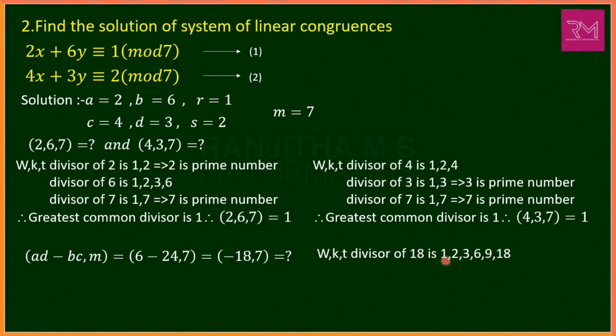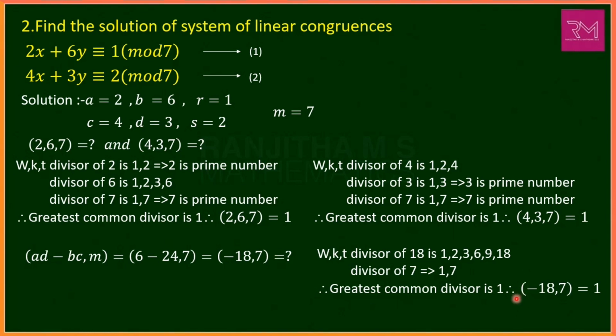Therefore, the divisors of 18 are 1, 2, 3, 6, 9 and 18, considering all the divisors which divide the value 18. Similarly, the divisors of 7 are 1 and 7. Among these, the greatest common divisor is nothing but the GCD. That is, the GCD of 18 and 7, which is the GCD of minus 18 and 7, is equal to